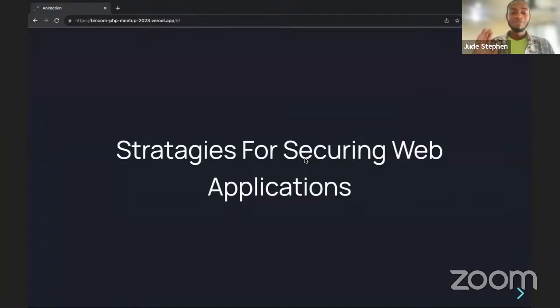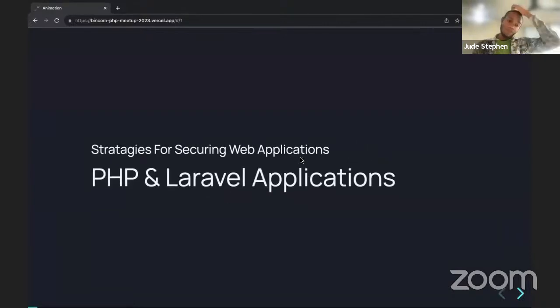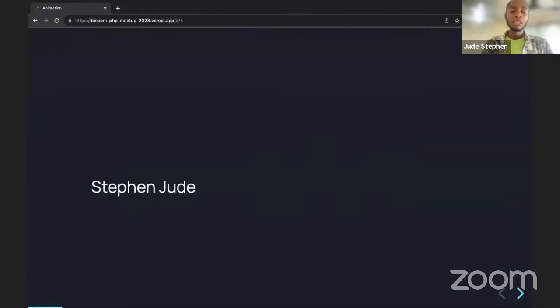All right. So good afternoon, everyone. So excited to be part of this PHP meetup. Strategies for securing web applications. And it's going to be focusing on PHP and Laravel applications. So my name is Stephen Jude.